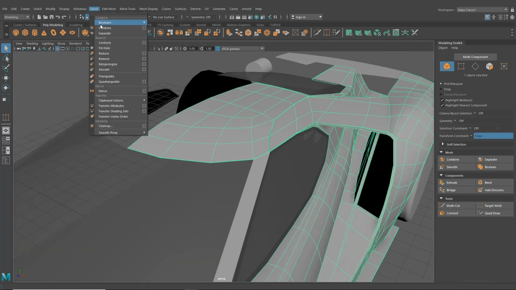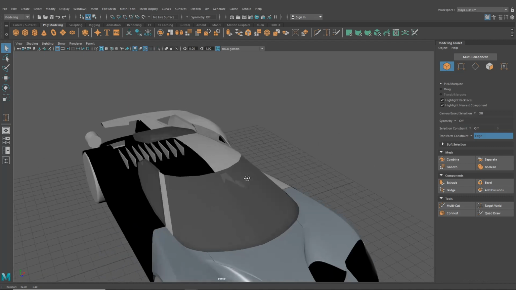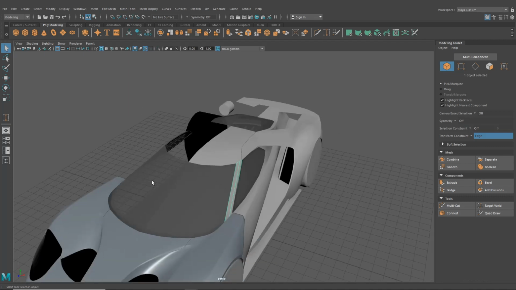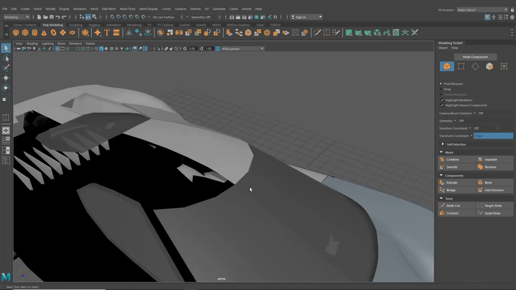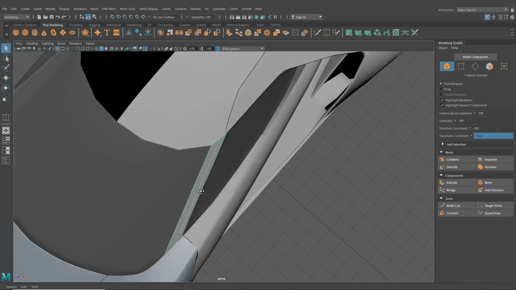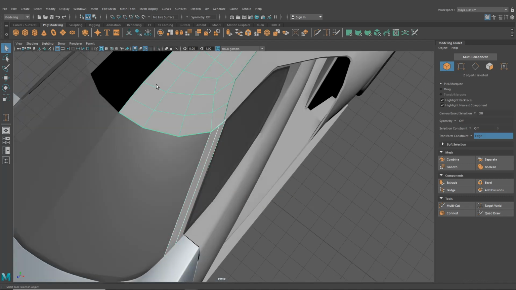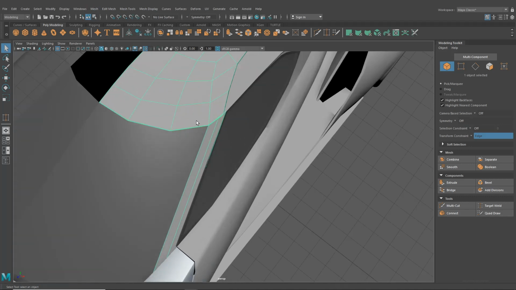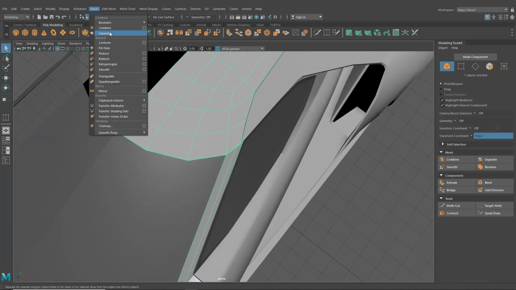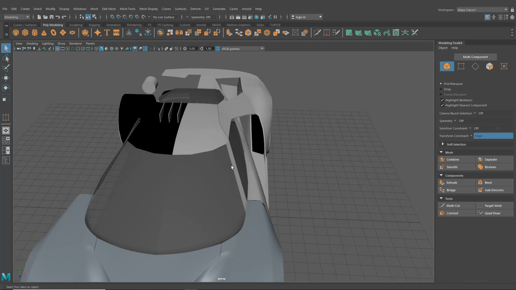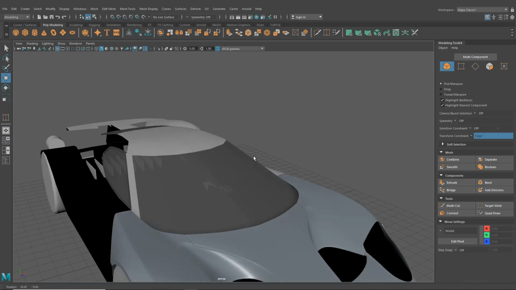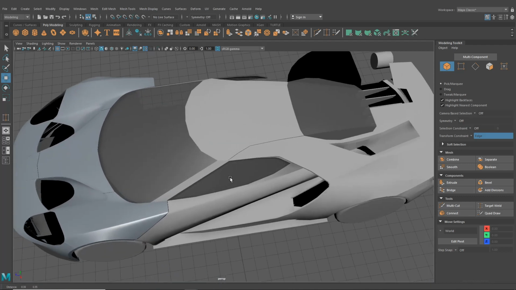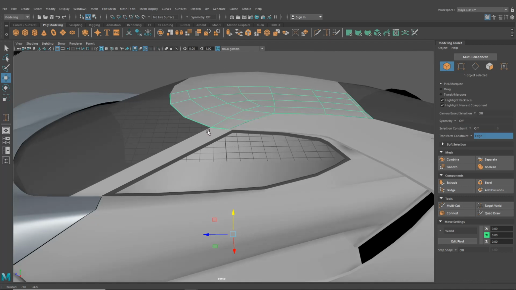So as usual, we're going to go for a separate here. What I'm actually going to do is let's get rid of that. So I'm going to grab both of these. I'm actually going to go mesh and then combine, and then I'm going to grab them again and we'll say mesh and separate, just so that we can duplicate special on both of those real quick. So I think the best thing to do is let's maybe do the roof first,